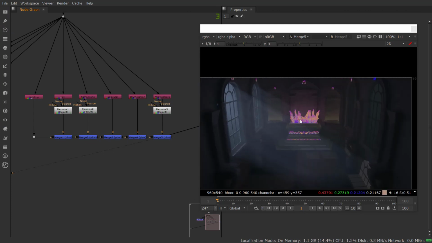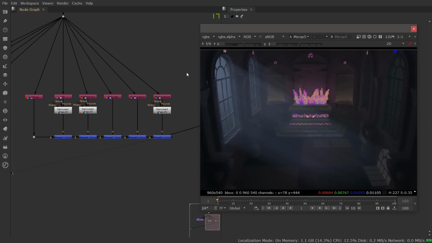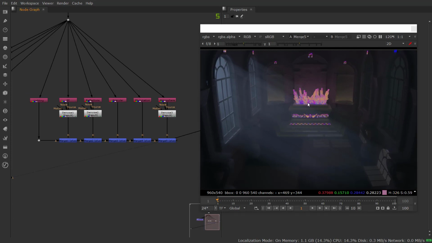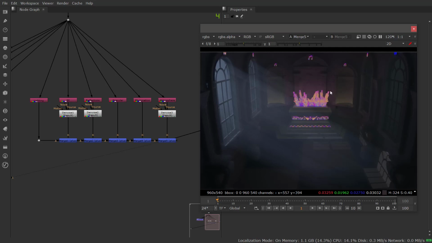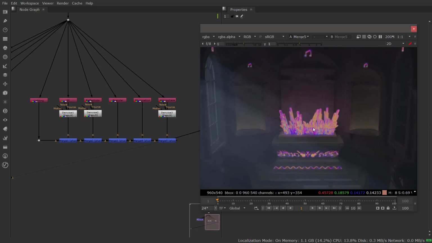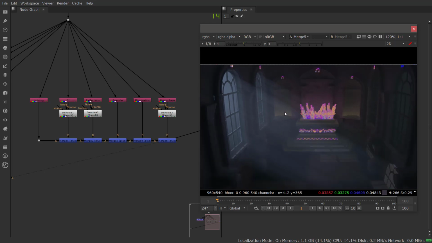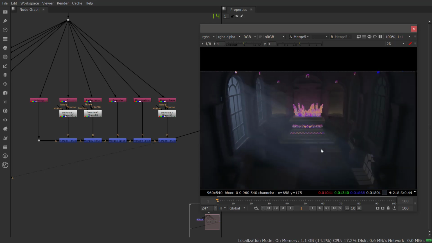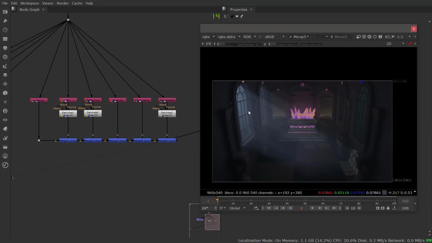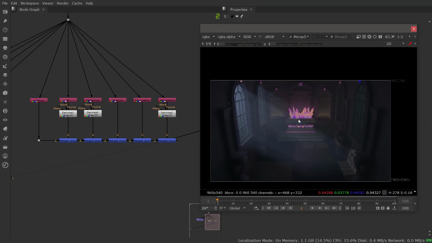So a couple of things I did to the last render was, what I thought should be there, like these crystals should be glowing a lot, like there should be an extra glow to them. Right now there's no real glow to them, they are just shining opaquely, and this fog that's coming out of the windows, I wanted to have a little bit more definition to this, and the reflections that are caused by this light from the crystal, like this tinting that we see, I wanted to boost this as well. So those are the things we're gonna do,